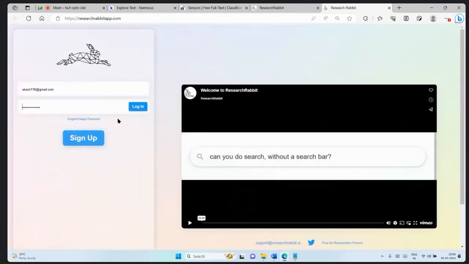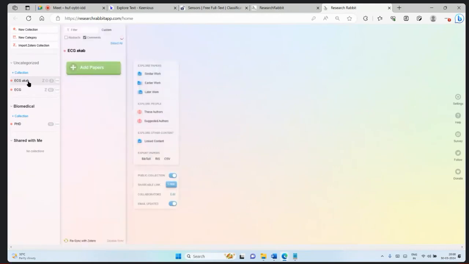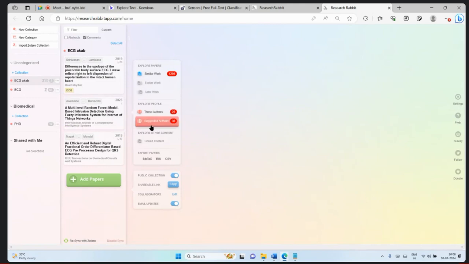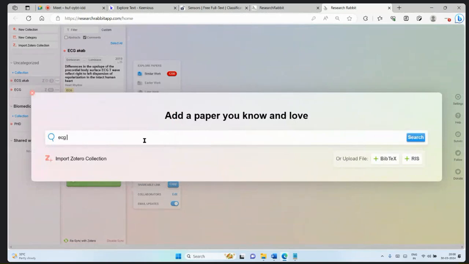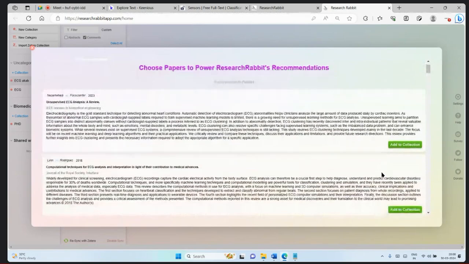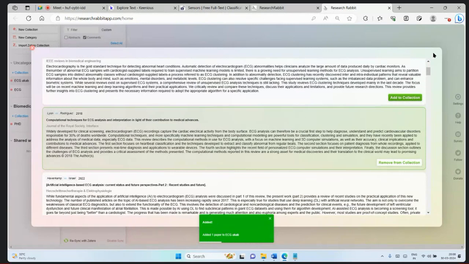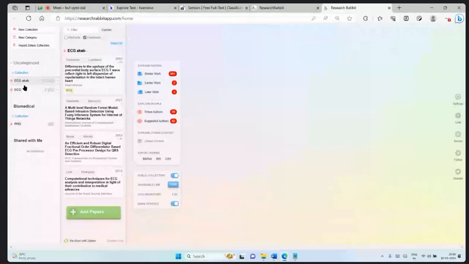You can have an account over here and sign up freely. Nothing is required, and you can do so many things over here, particularly if you are looking into literature and trying to connect in that way. You see now it is blank. I've created some folders over here, and once I click, these two tabs are activated. Here you have the option to add papers to this collection on ECG analysis, whatever you are trying to perform. It will suggest from all subject areas or from biomedical life sciences, and you can add them. If it is relevant and not yet in your collection, you can select it, and it is now added to your collection. It will be saved in your folder. You can create folders,